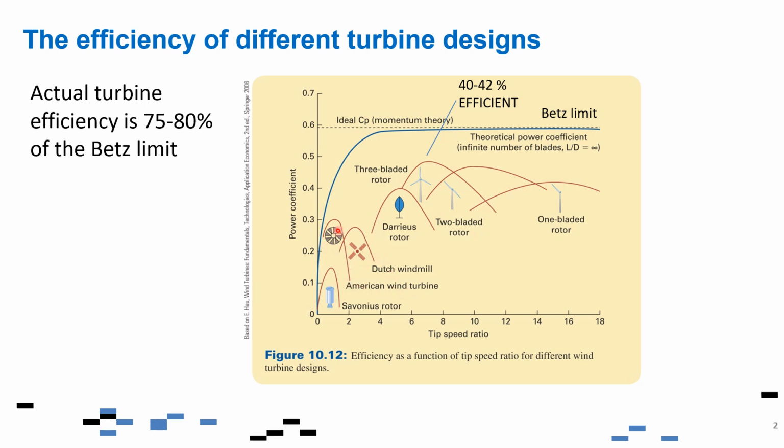So different designs, different blade designs for example, will result in different efficiency. In this case, in fact, the two-bladed design is a little bit higher in efficiency compared to a three-bladed design here for a horizontal axis turbine. And this is the Betz limit, or the maximum theoretical limit for efficiency for wind turbines. But as you can see, the one-bladed rotor design is still high in terms of efficiency,